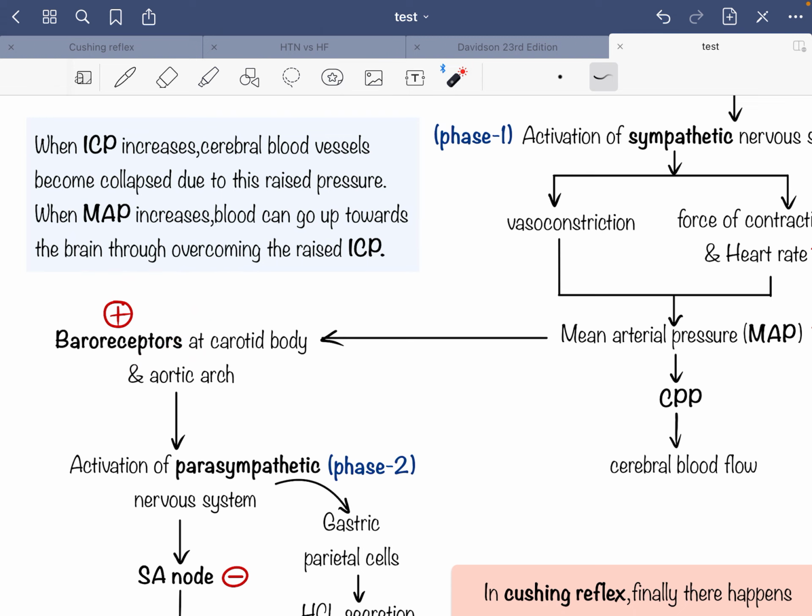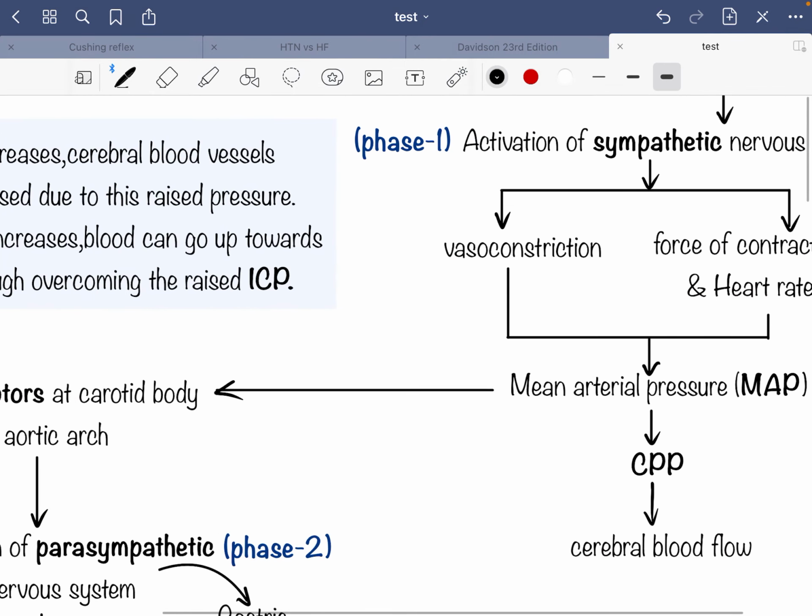This baroreceptor will think, why has the mean arterial pressure increased? So this baroreceptor will send signals towards the vasomotor center: vasomotor center, I perceived that the mean arterial pressure increased, please make some attempt to decrease this mean arterial pressure. Think about that. The baroreceptor is sending signals to the vasomotor center to decrease the mean arterial pressure. On the other hand, the central chemoreceptors are sending signals towards the vasomotor center to increase the mean arterial pressure.